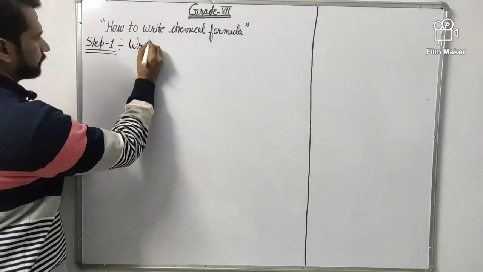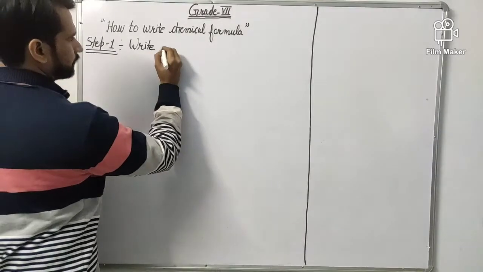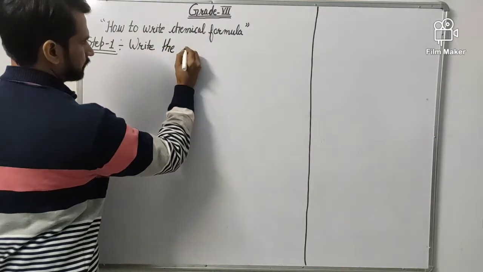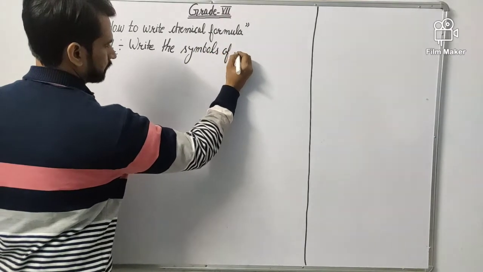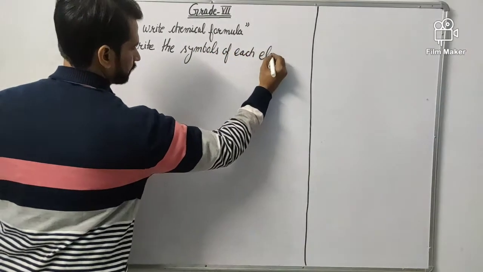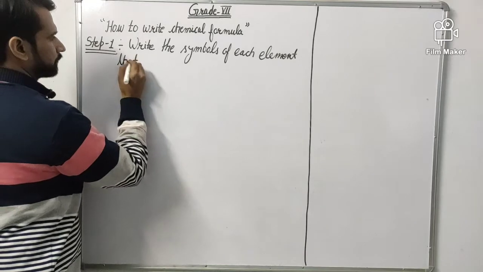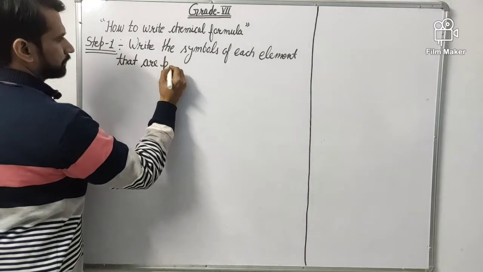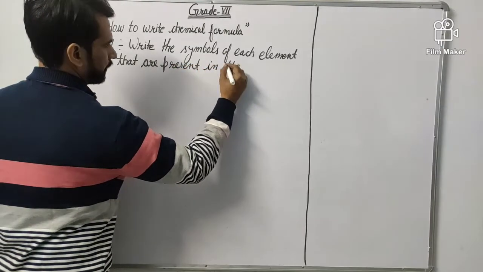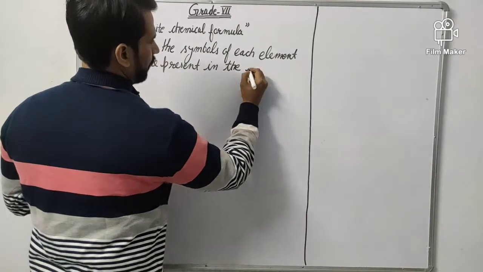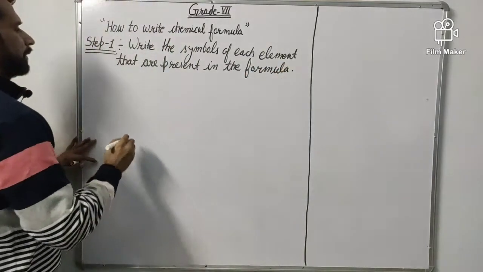write the symbols of each element that are present in the formula. This is the first step. Step number 2,